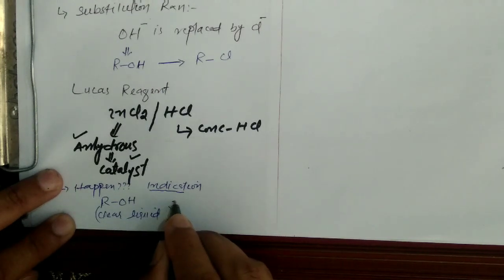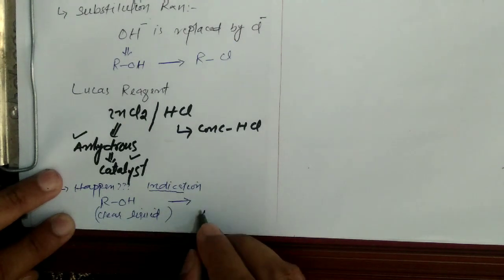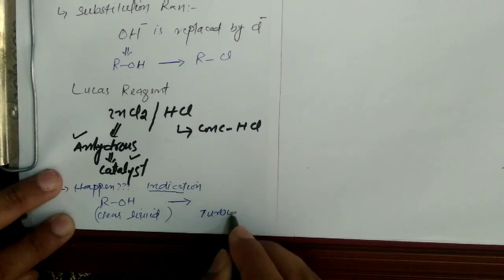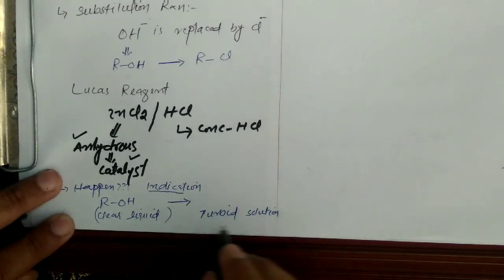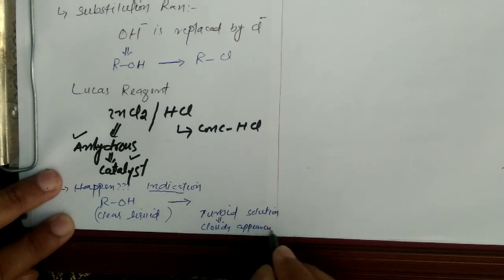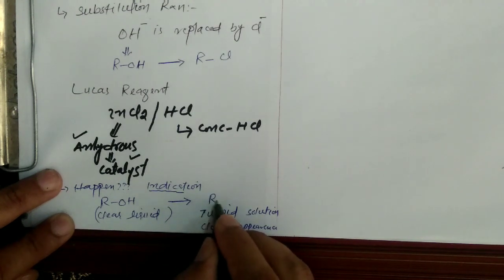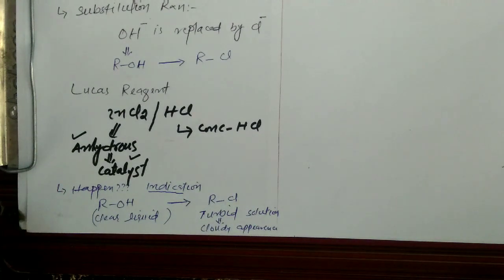And when the clear liquid is converted into a turbid solution, a turbid liquid, turbid meaning cloudy appearance, it means alkyl halide is formed. So the alcohol is a simple clear liquid, and when the reaction happens, alkyl halide is produced,